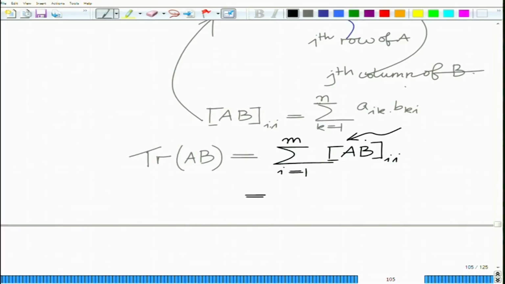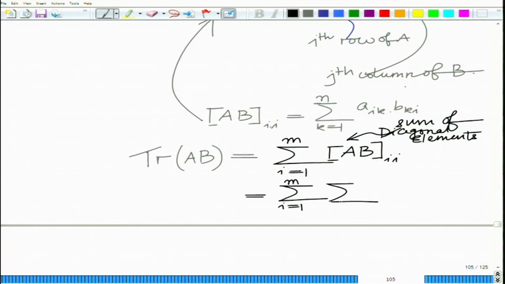This is the sum of the diagonal elements, which is equal to, now substitute this expression for AB ii, that is summation i equal to 1 to m, summation k equal to 1 to n, aik